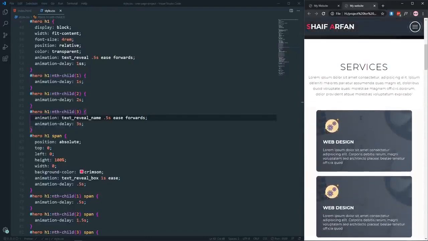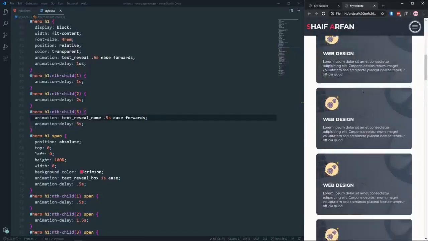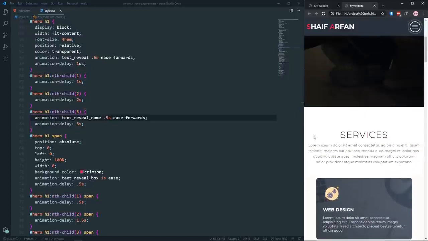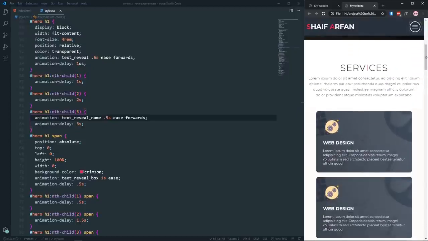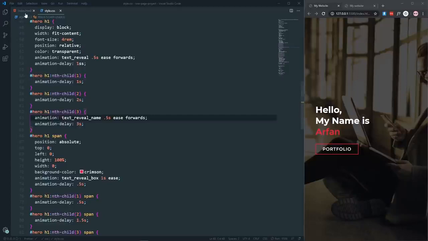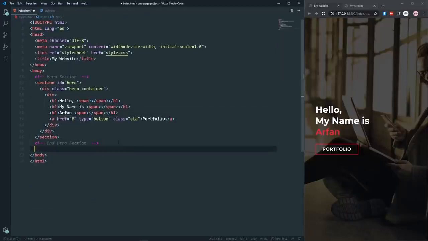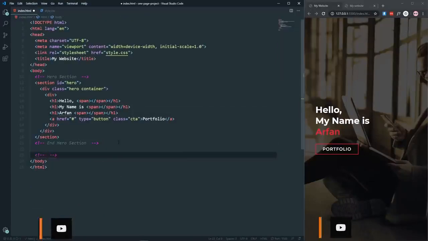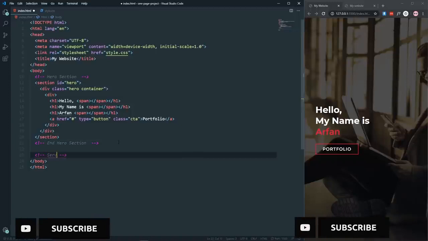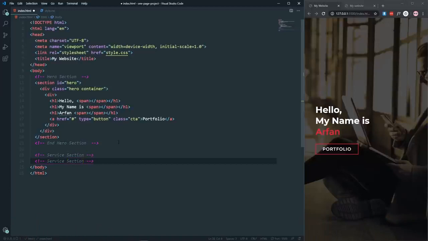For the next section we have the service section, as you can see. So let's make the service section. Let's come to the HTML, and first of all let's create the comment: service section, and also duplicate it and name it end of service section. Between these comments we will have the code for our service section. First thing, a section with the ID of services,